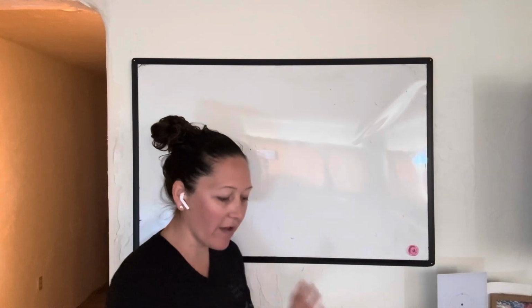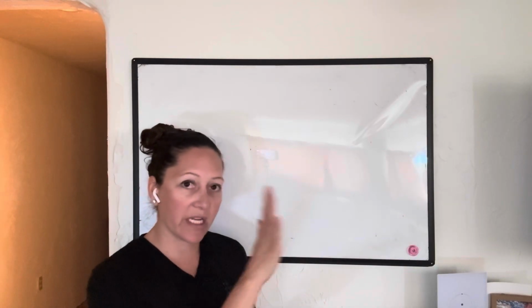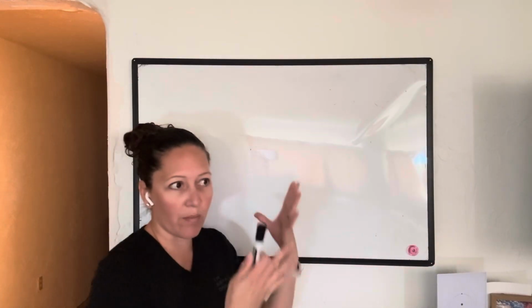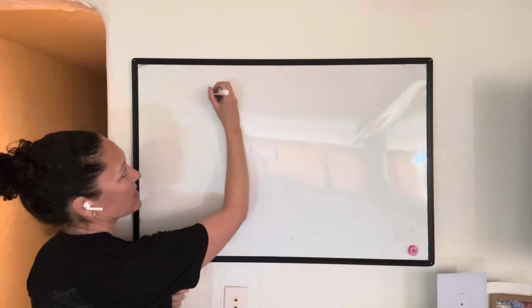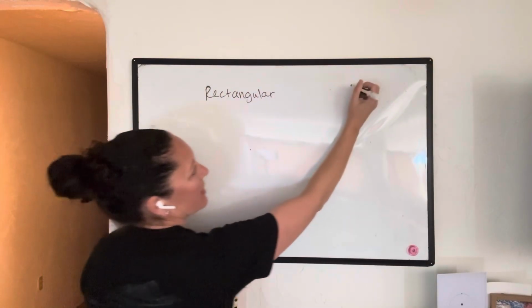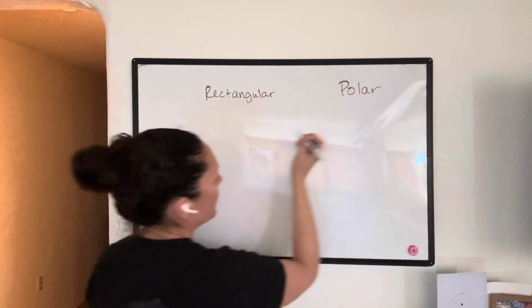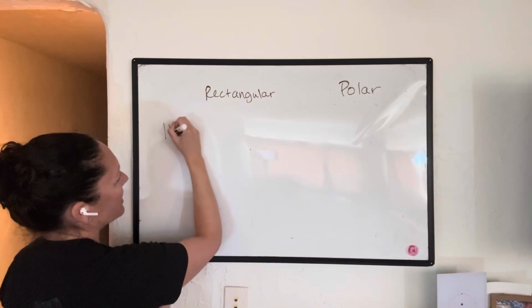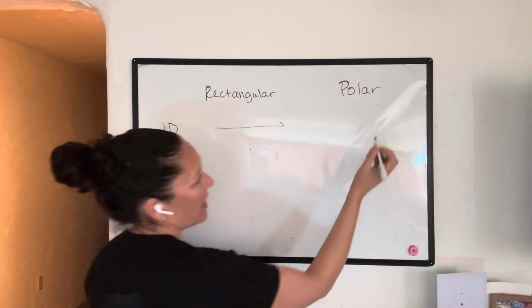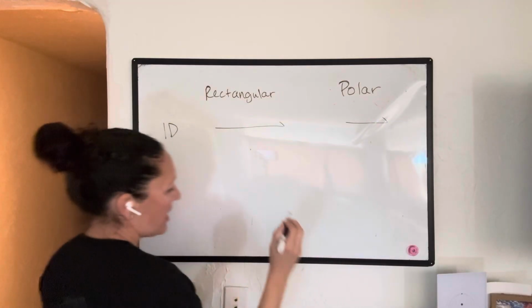Then they're showing a lot with vectors on here, and I love that they're doing the comparison of rectangular coordinates and then the polar coordinates. I just want to point that out to the kids. They can see it on here, but sometimes I redraw it on the board in a more simplified fashion so that I can make sure they understand it. So here we have rectangular, and then we have polar over here. In one dimension, we have a line, and they're showing us with vectors. Polar, we actually still have that too. In 2D,